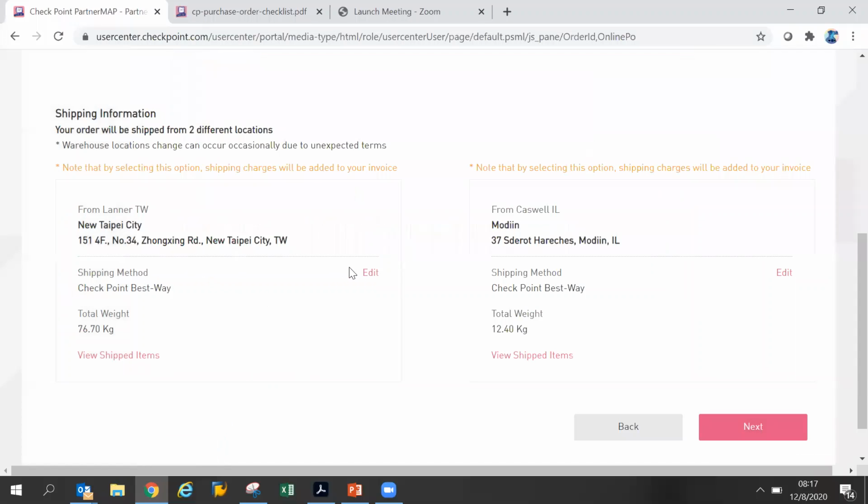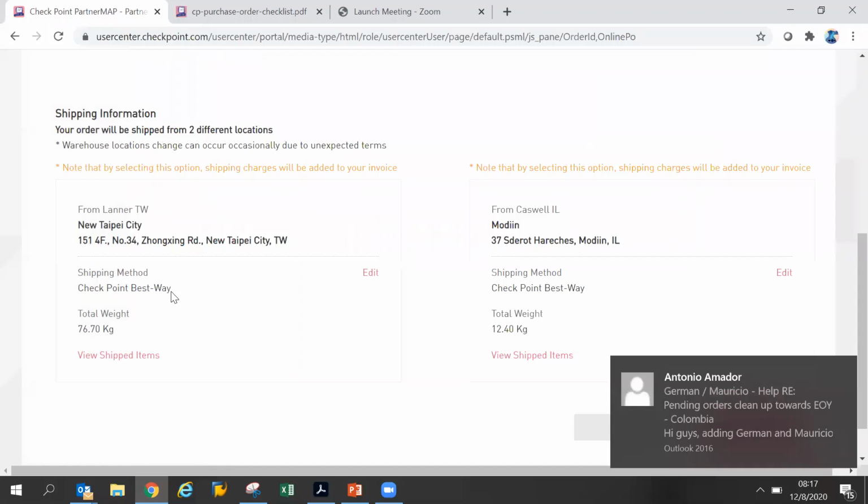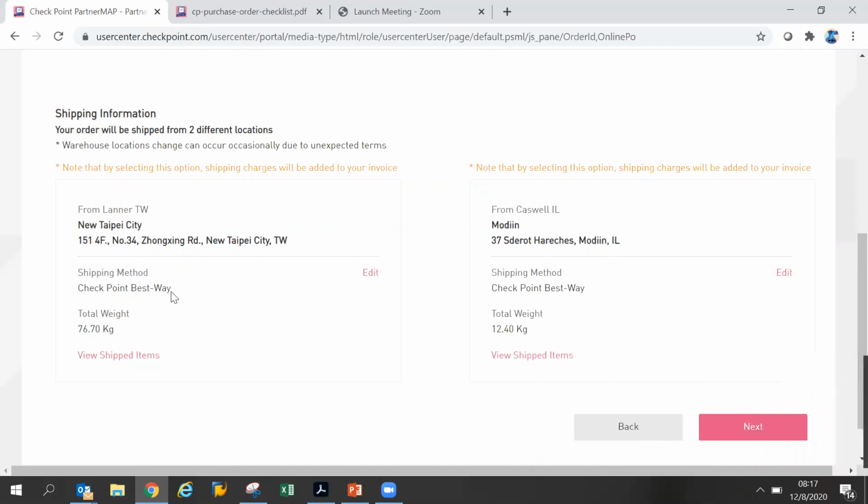Over here, you would choose your shipping method. So this is just defaulted as Checkpoint Best Way, meaning Checkpoint will ship on our account and issue a freight charge on your billing invoice. This is, I would say, probably the most usual way, but when you're logged into your own account, it'll be specified to your account details, and so the default shipping account used for whatever account you're using will